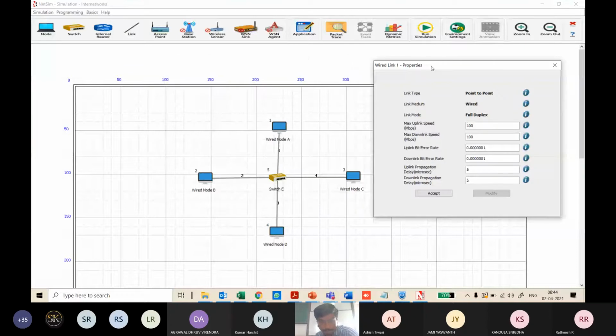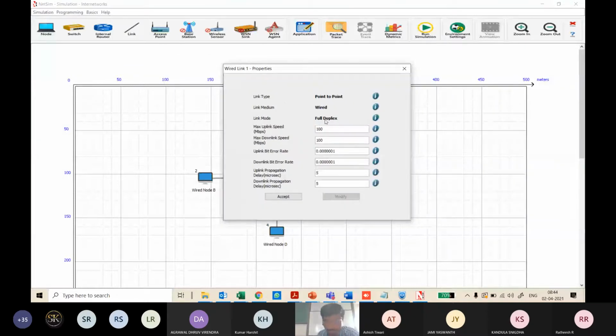And there are a lot of parameters. For full duplex, you have your uplink and the downlink, which means what is the bandwidth of that? What's the link speed, the capacity that link can support? I want you guys to set it to 5 Mbps. If you change the uplink, the downlink also gets reflected. So this is a bi-directional link, uplink and downlink. So change it to 5 Mbps. This is the first thing that I want you guys to do.